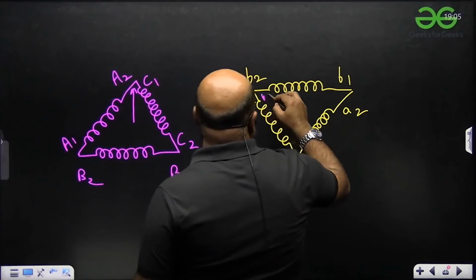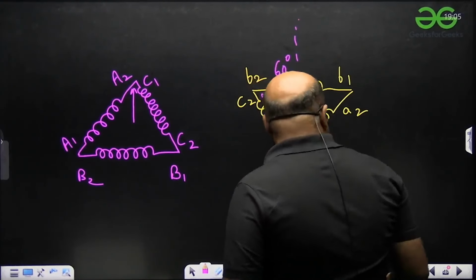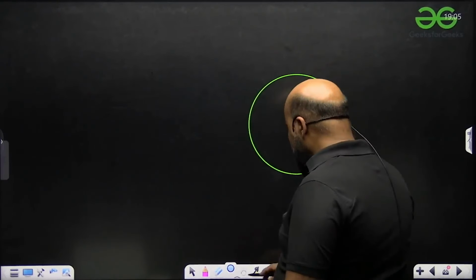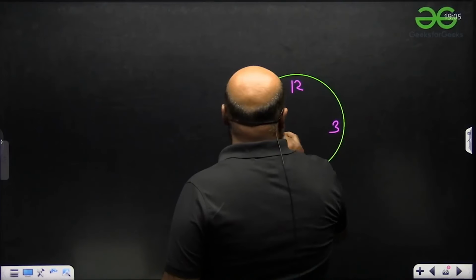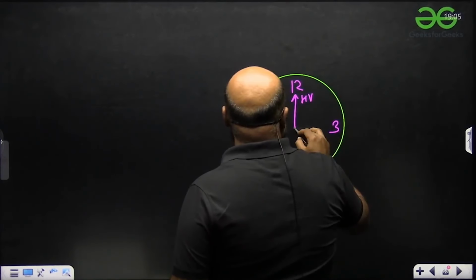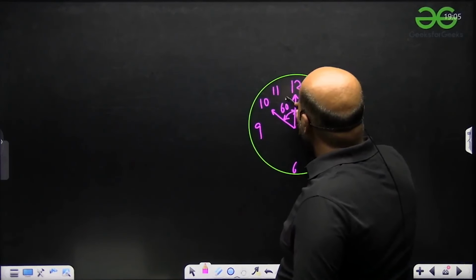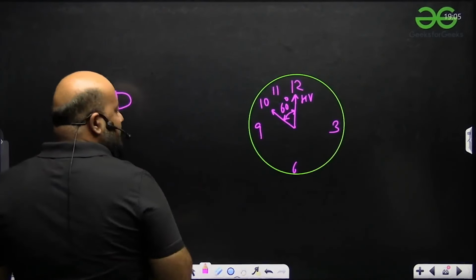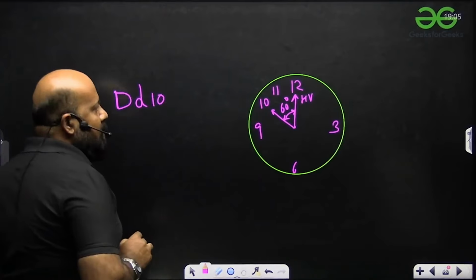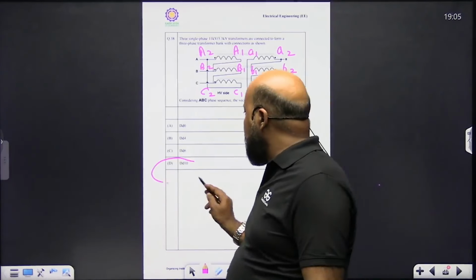अब अगर आप इसमें देखो कि कितना फेज एंगल का डिफरेंस आ रहा है, तो ये जो फेज एंगल का डिफरेंस आपको मिलेगा ना, ये मिल जाएगा 60 डिग्री। 60 डिग्री मिलने का मतलब क्या हुआ कि जो आपका क्लॉक रिप्रेजेंटेशन है, उस क्लॉक रिप्रेजेंटेशन में यहां आ जाएगा 11, यहां आ जाएगा 10। ये आपका हो गया हाई वोल्टेज, और जो लो वोल्टेज साइड है आपको 60 डिग्री देना है, मतलब 30 डिग्री के 2 स्लॉट्स। तो हाई वोल्टेज वाइंडिंग इसको कैपिटल डी से रिप्रेजेंट करेंगे, दोनों डेल्टा में है, लो वोल्टेज वाइंडिंग वो भी डेल्टा में है तो स्मॉल d से रिप्रेजेंट करेंगे, और जो लो वोल्टेज साइड है वो 10 पर है, तो ये हो जाएगा Dd10। सो व्हाट इज द करेक्ट रिप्रेजेंटेशन, क्लॉक रिप्रेजेंटेशन Dd10, डी इज द करेक्ट आंसर।